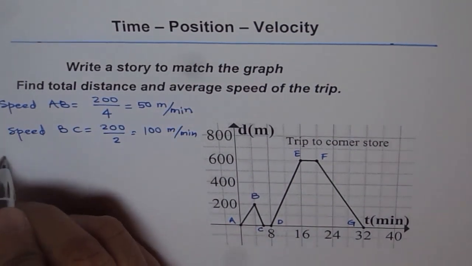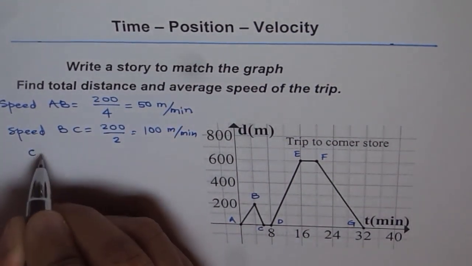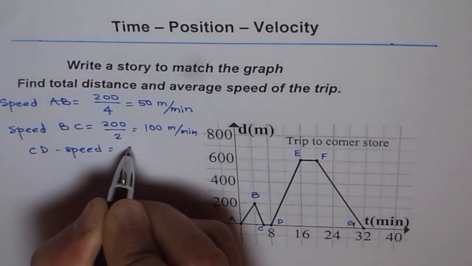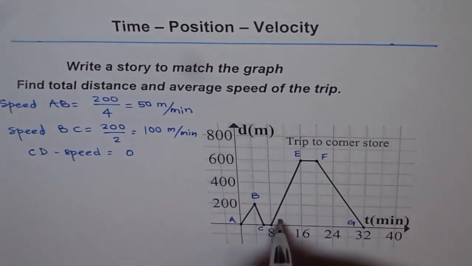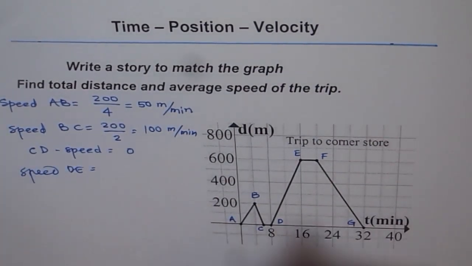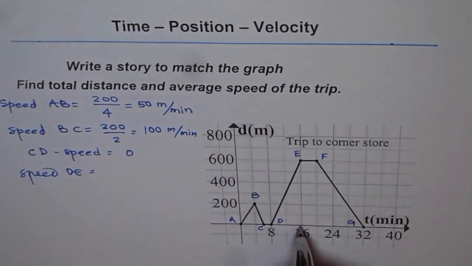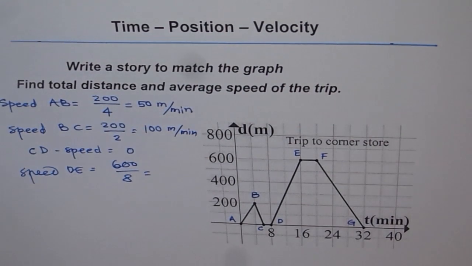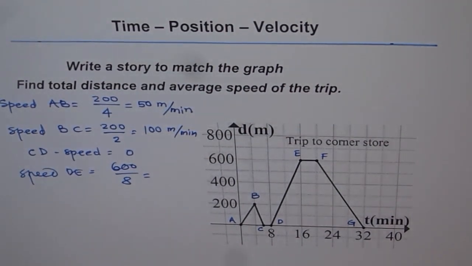So we see that C to D, speed is how much? Speed is 0, right? And then from D to E, speed will be 600 divided by 8. If we use the calculator, 600 divided by 8 gives us 75